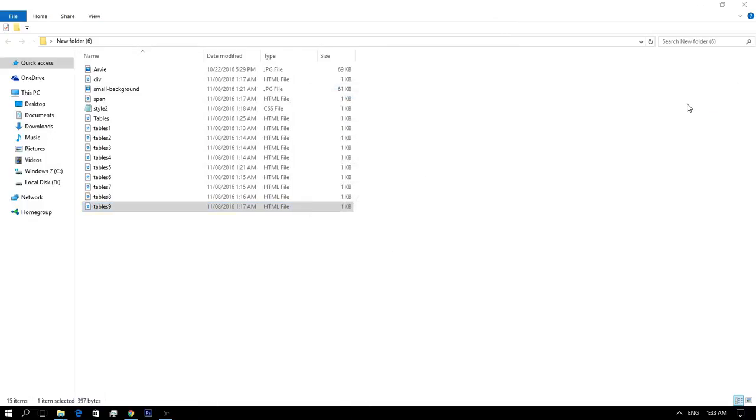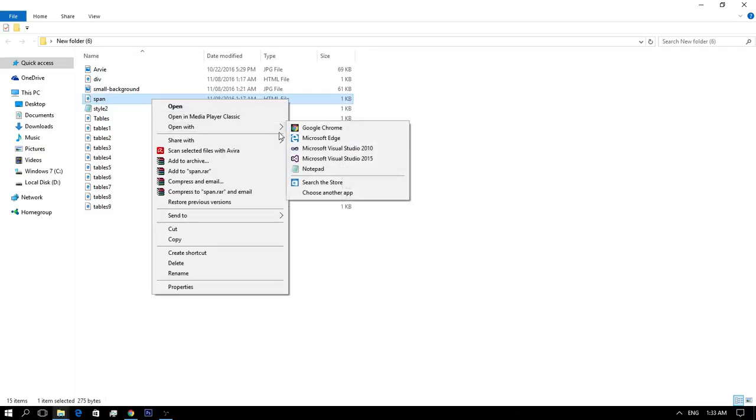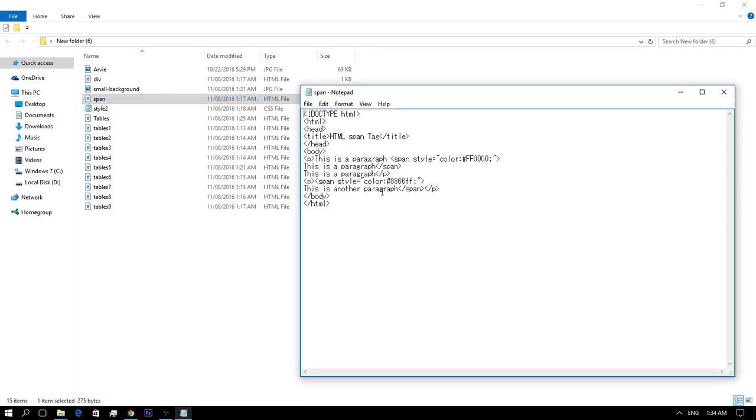Now, let's move on to the HTML span tag. So the HTML span element is used for grouping and applying styles to inline elements. There is a difference between the span tag and the div tag.